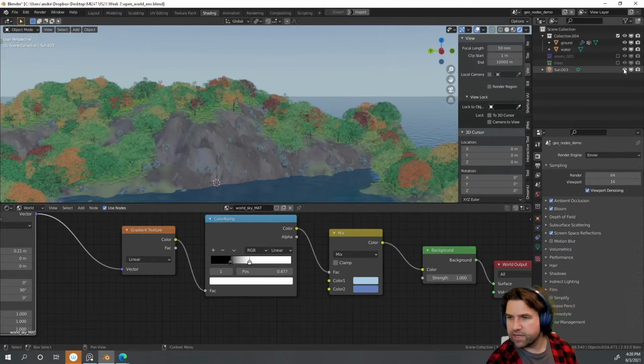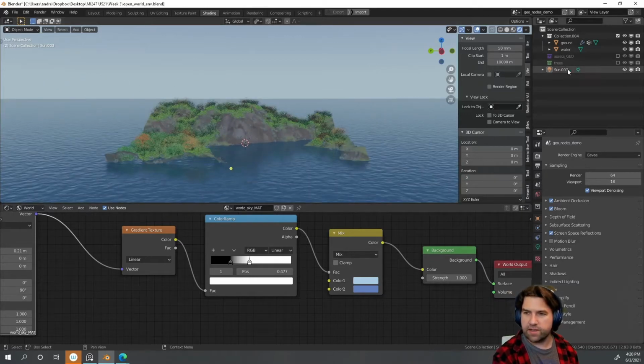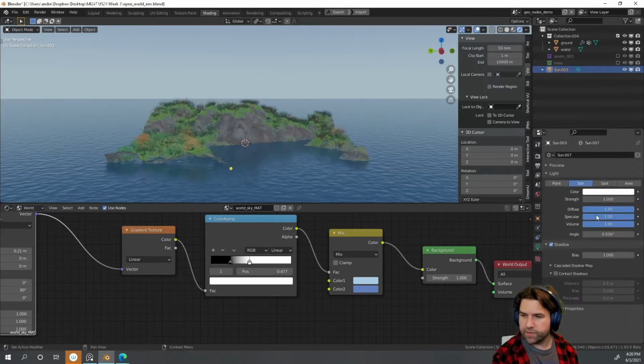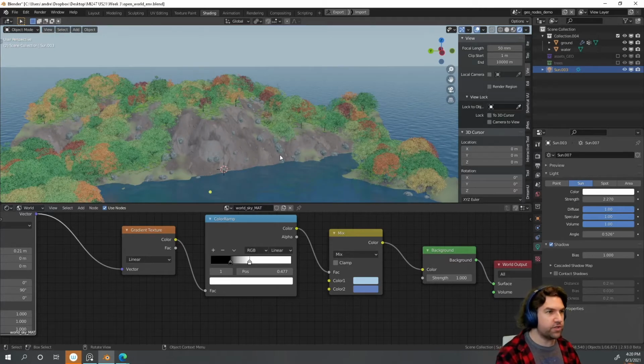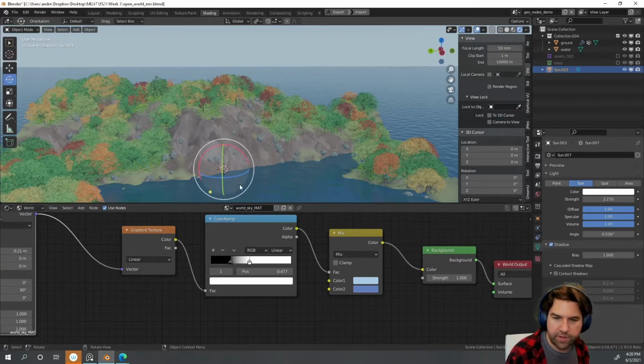which means it's time to really think about this sun and what it's doing for us. So I'm going to give the sun a little bit of strength, let it cast some shadows, and right now it's not doing a whole lot for us shadow-wise because it's pretty soft, and its location maybe isn't great. So I'm going to take my rotation tool,